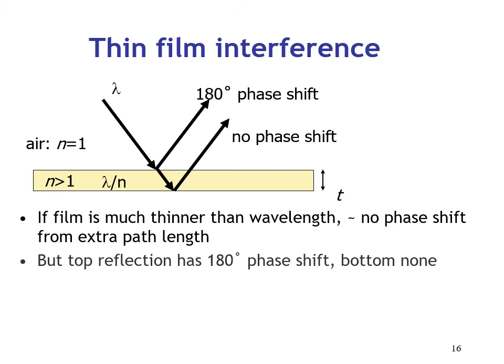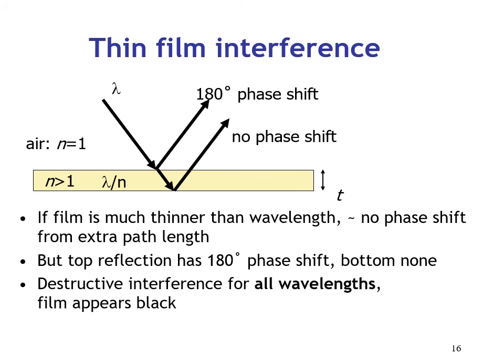So I'm just going through a couple more clarification text bullet points. If we have a really, really thin film, as I just said, then pretty much all the wavelengths are going to be canceled out and the film appears black. So we're basically wiping out all of that incident light. And that's what you're going to see on the surface of your anti-glare television sets. That again, Mr. Fissler was too cheap to